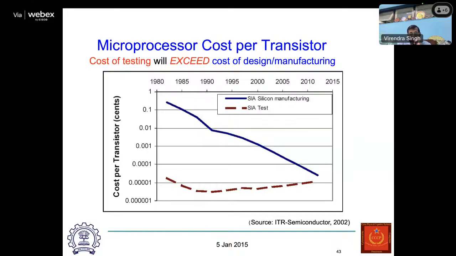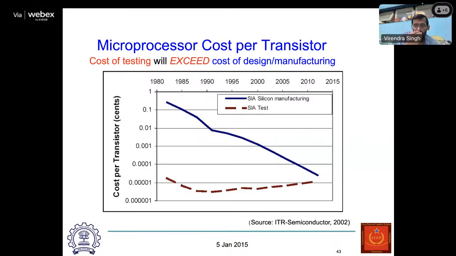Now if I look at this, the design and manufacturing cost is going down and down every year, whereas you see an almost flat curve in terms of the test. There was a little dip around 1990 or so, but after that it is more or less a similar flat curve. Does it mean that test engineers or test researchers have not done enough? That's why this is staying constant. It's not that test engineers have not done anything or test researchers have not done much work, but